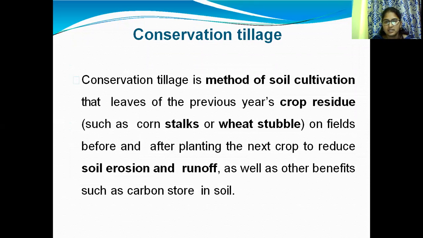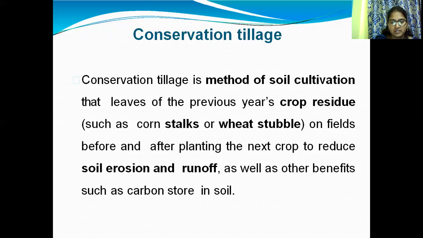Conservation tillage is a method of soil cultivation that leaves the previous year's crop residue, such as corn stalks or wheat stubble, on the fields before and after planting the next crop, to reduce soil erosion and runoff, as well as providing other benefits such as carbon stored in the soil.